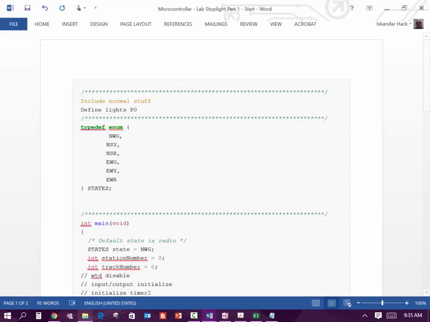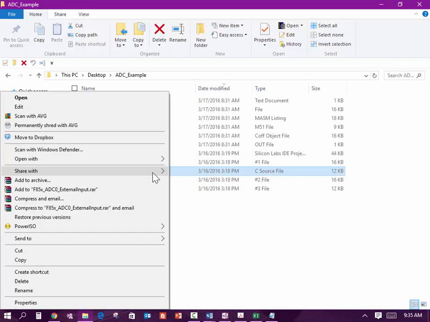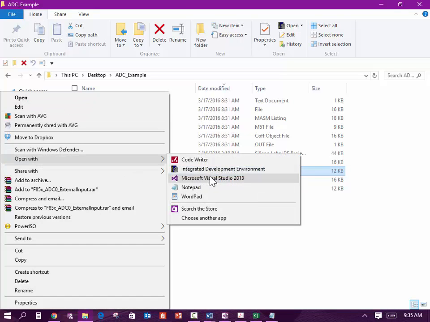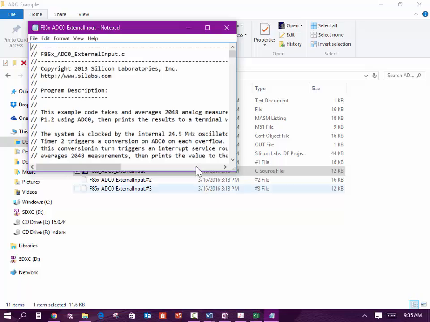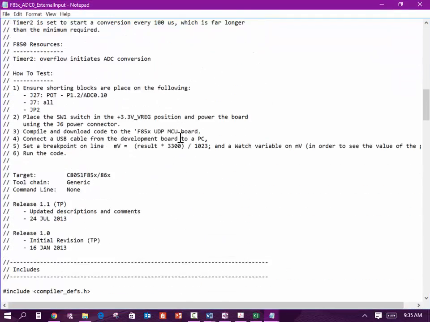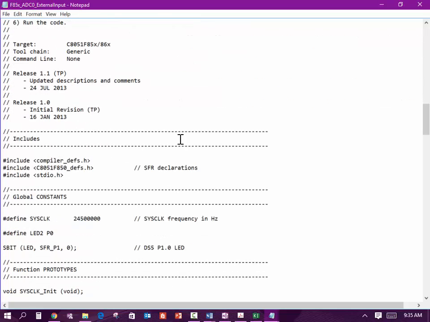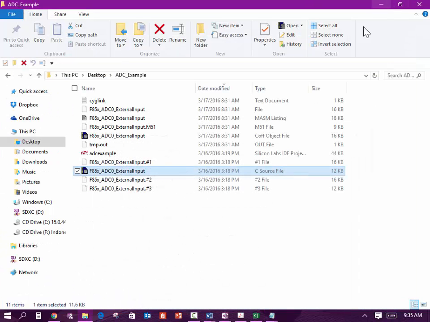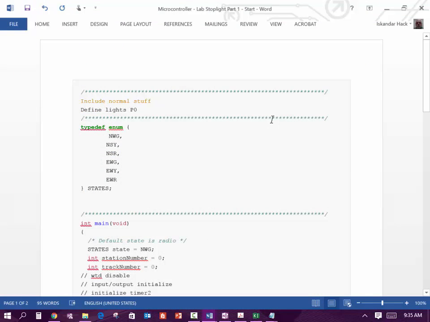So, okay, I want to see one other thing. Is there a semicolon right there? No, there's no semicolon at the end of it right there. So, again, going back to our code right here,